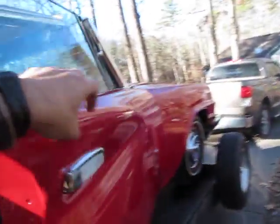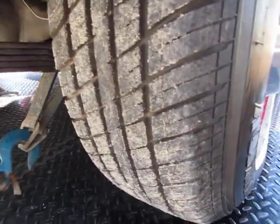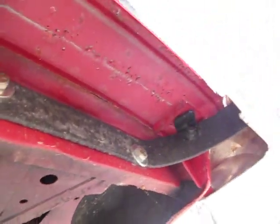More spare parts on the inside. So anyways, that's part of the reason why I thought, well, hey, finding one of these with all the parts. I mean, these hubcaps are in awesome condition. Tires like brand new. Real quick, get under here. Like I said,